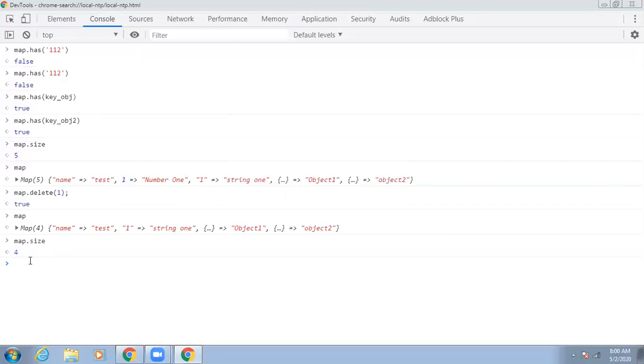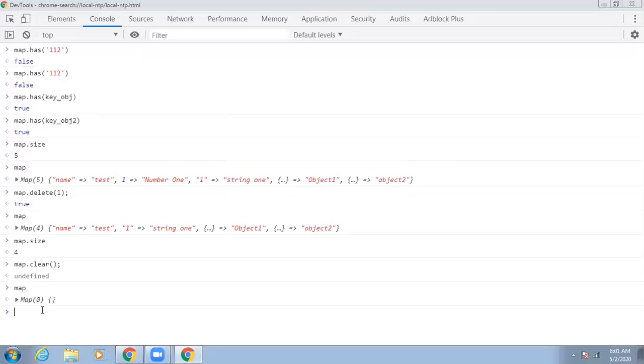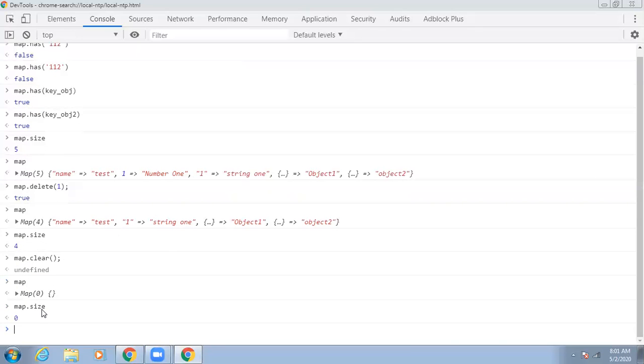What if you want to remove all these elements at a time? There would be a case where you want to clear all the values. In such cases, there is a method called clear. If you press this, the map is going to contain 0. If you say map.size, it is 0, where it will remove all the elements.